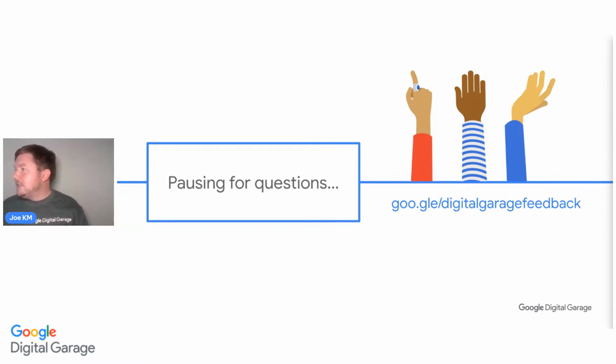Is there any way to see insights of competitors' sites or only your own? So you can go into your competitors' sites. You can do competitor analysis as well. Have a look at SEMrush, have a free version of this, where you can do a little bit of competitor analysis. It'll give you their keywords, how many followers they've got, compare them to yours. You can also do this, just type in competitor analysis online.